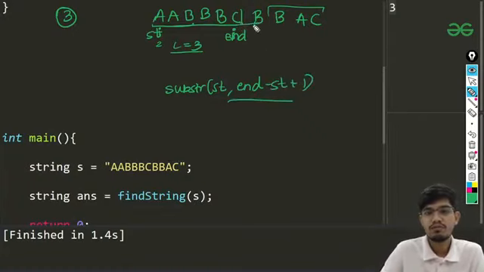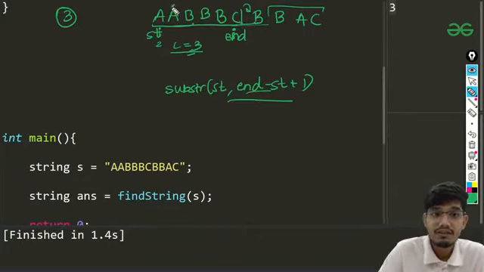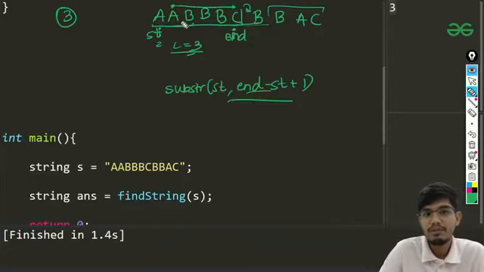Then I'll just keep on moving. So after this I need not go on, because if you just go on increasing after this, once I get count as 3, I'm sure that we'll be increasing the length of this, so that is no use. So I'll be just breaking that, and I'll be starting our iteration from here. So I'll be going up to this, and I know that up to C I'll be getting all the distinct characters. So I'll be taking this, because the length of this substring is lesser than this one.